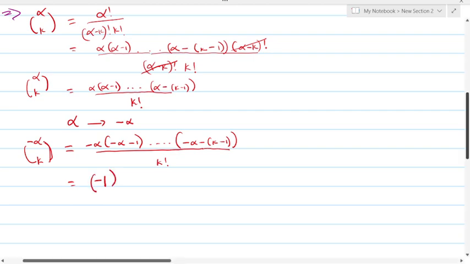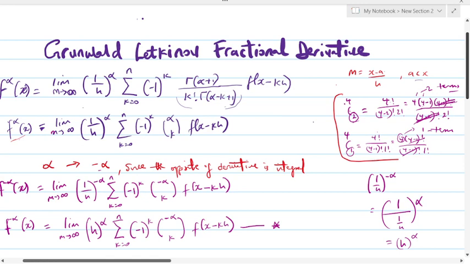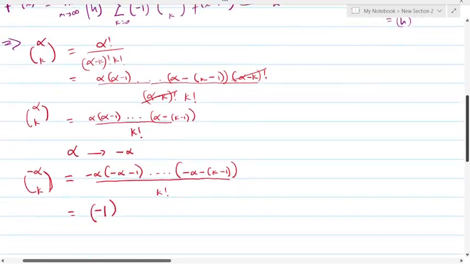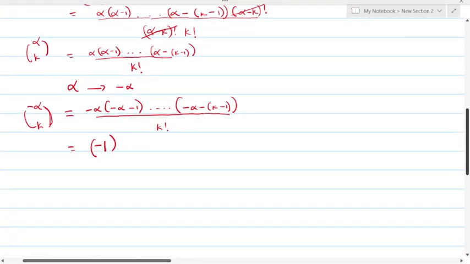Going back to these two examples, what we have here is the number of times you are going to have this in your numerator by the time you expand it correctly. That means the number of times will be k, so we have minus 1 raised to power k. Then we take alpha from here, we are going to have negative from there, we are going to have alpha.